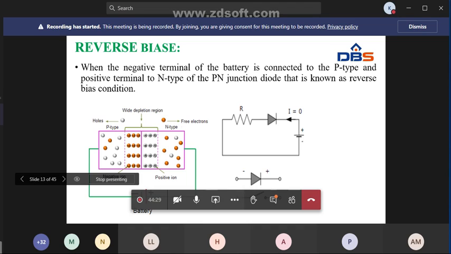That's why we can say that in the ideal case, in the reverse biased condition, the current will be 0, right? So we can say that the diode conducts only in one direction, that is only in forward biased direction. The diode does not conduct in the reverse biased condition. So the diode conducts only in one direction. Now if we see the reverse bias characteristics,